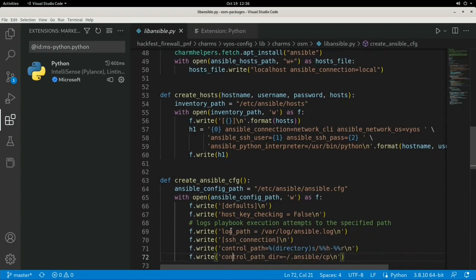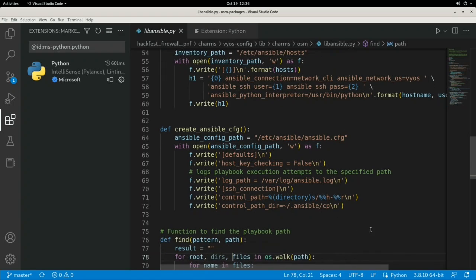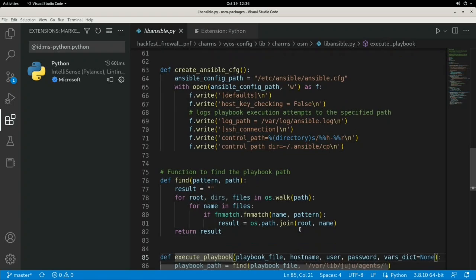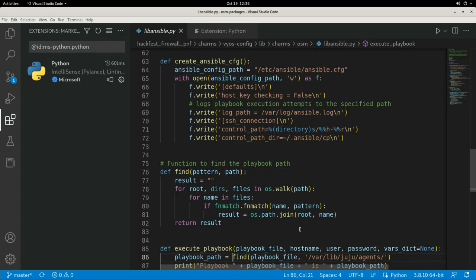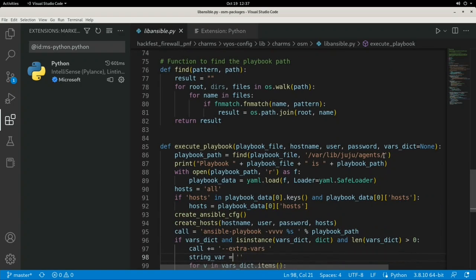Creating the Ansible config. Here is where we put our SSH connection, and turn off host key checking because we don't want to get any errors about the host changing or anything like that. Then I do a find to figure out where I've been installed. And lastly, execute playbook. So we know that everything in our execution environment gets installed under var